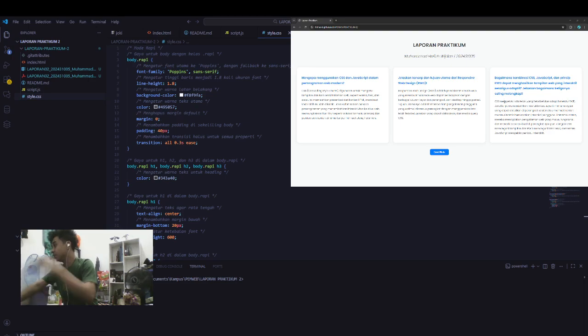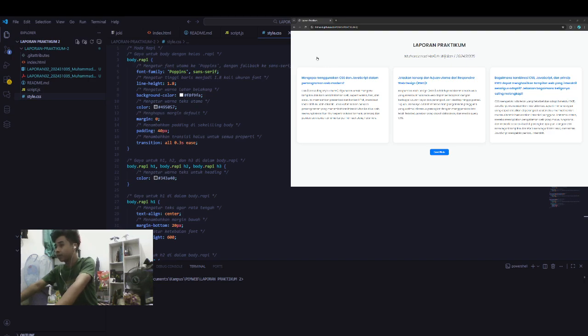Finally, I'll explain the JavaScript file, which is responsible for making the page interactive. The JavaScript code begins with DOMContentLoaded, ensuring the script only runs after the entire HTML page is fully loaded. This prevents errors when accessing DOM elements. The first feature of the script is making each h3 heading clickable. JavaScript selects all h3 elements, and for each one it adds an event listener that responds to clicks. When the heading is clicked, JavaScript finds the paragraph below.